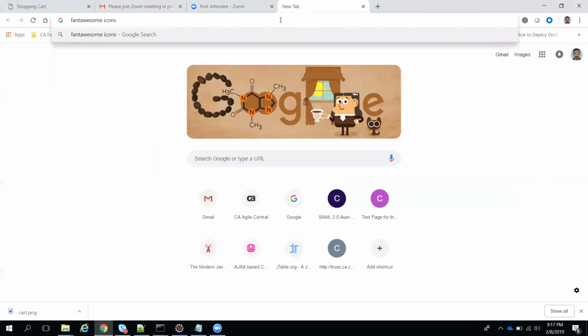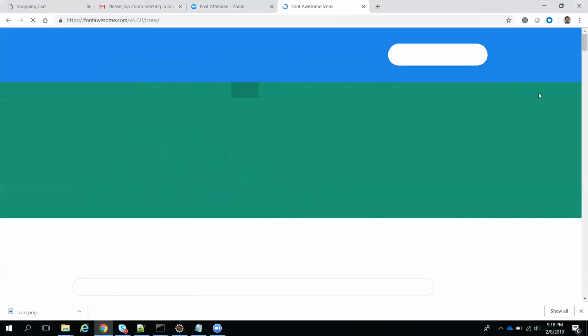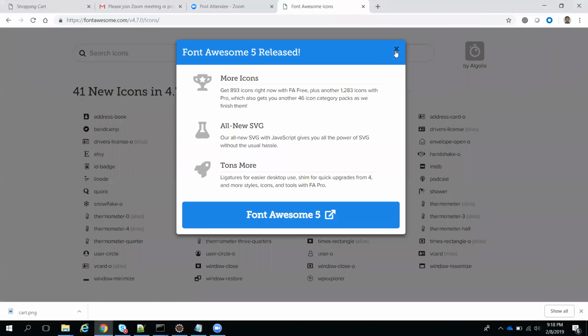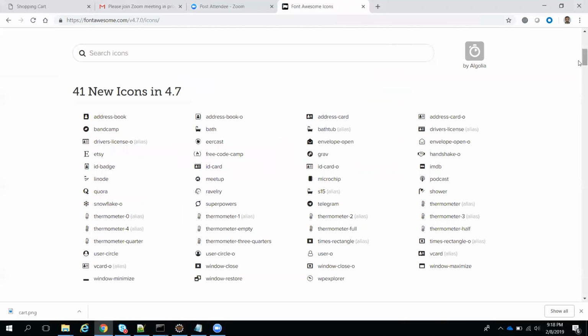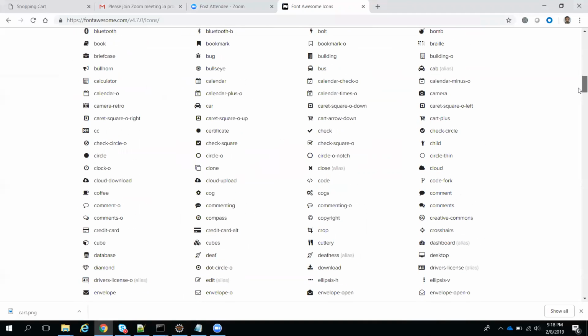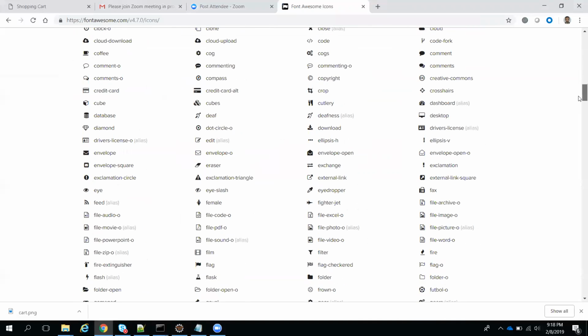Okay, if you type like this, we have n number of things for the search icon. Whatever you represent in graphical representation, we got everything. See, these all are icons. It will have some classes for that. See, these many icons are available in Font Awesome. In real time, you will observe that these things are used in so many places.